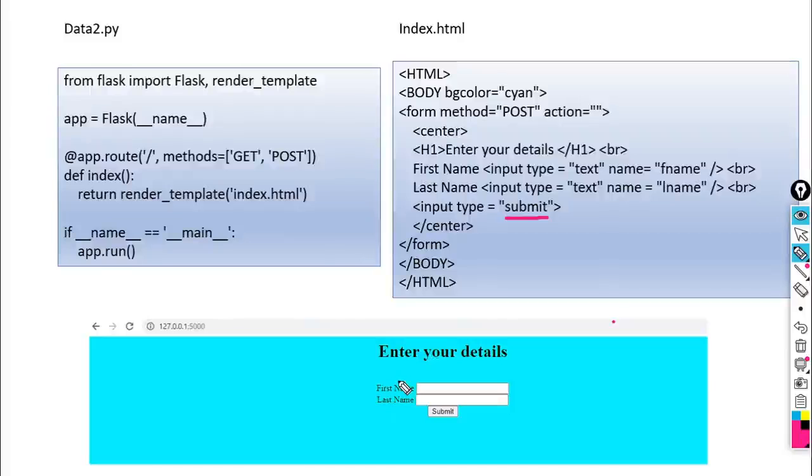Look here, this is the example. With the help of this example, we can only enter the data. Okay, we don't have the facility to display or to store that particular data. So to store the data, we should use a MySQL database as a backend. Okay, so how can we use this? Let us see with the help of this example.